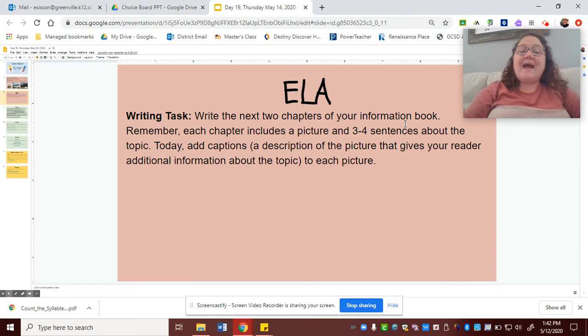Today, I want you to add captions. So remember, a caption is a description of the picture that gives your reader additional information. So maybe if you drew a picture of a frog eating a fly, maybe you just explain that frogs love to eat flies. It doesn't have to be super long. Those captions in my example were very short. It's just extra information that you did not include in the page. So we go back to yesterday's 2 chapters and their pictures, add captions, do the 2 chapters today and their pictures and add captions. And in the future, you're going to continue with captions, even though that's not your task